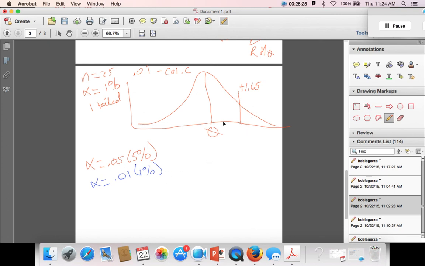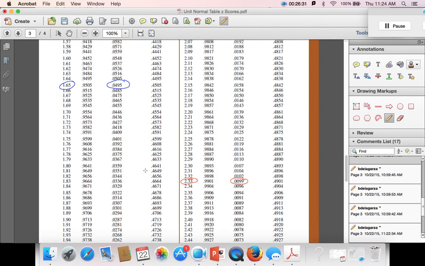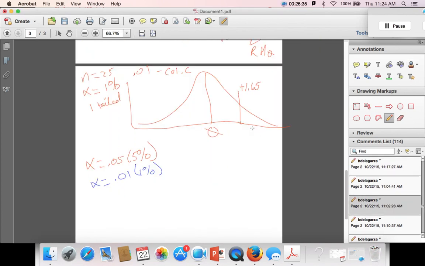So for 0.05 or 5%, our critical value was 1.65. For 1%, my critical value now is 2.33. So positive 2.33. So now you'll notice as alpha level goes down,